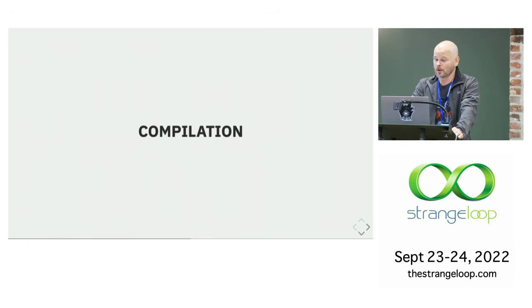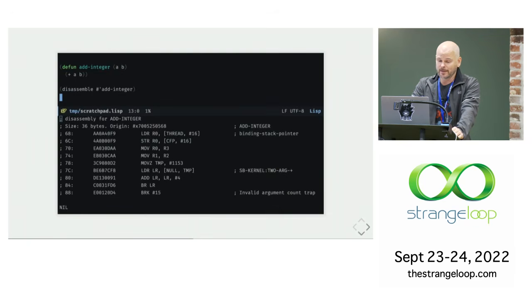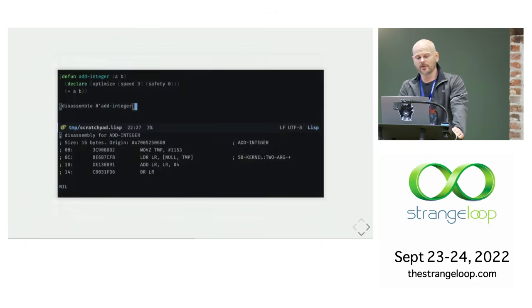If you're compiling some code, say in Common Lisp, you can compile the code and disassemble it and see exactly what you got. Now, the program is running. The program is alive right now, and I'm asking questions of that runtime. And I look at this and I say, OK, well, 36 bytes, that's too much, right? So I'll go through and I'll add some optimizations to it and recompile it. OK, 16 bytes. That's about as many instructions as I want to spend on this, right?